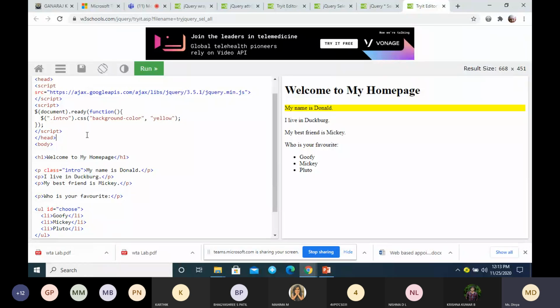So if you write like this, it will match all the tags within the given class name. Any tag which has this class name at the intro will have the background color as yellow. Now this is the one. Okay, background color is yellow. Again,